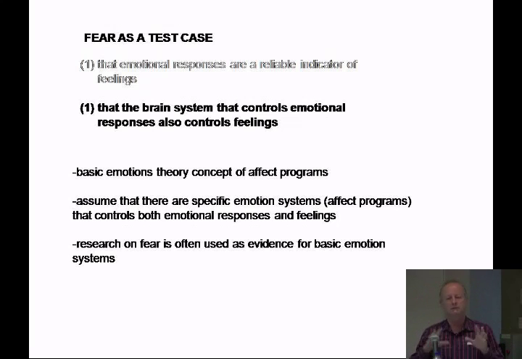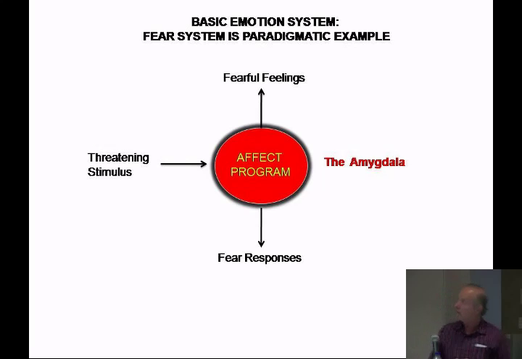This particular line of thought is characteristic of someone like Panksepp, who has a number of hardwired basic emotion systems in animal brains, where the system that is controlling the behavioral response is responsible for the feeling. This is a general schematic of what one of these basic emotion systems looks like. They call these things affect programs. Some of the evidence most often used for this is research on the amygdala and fear that I've done, or other colleagues in the field have done,